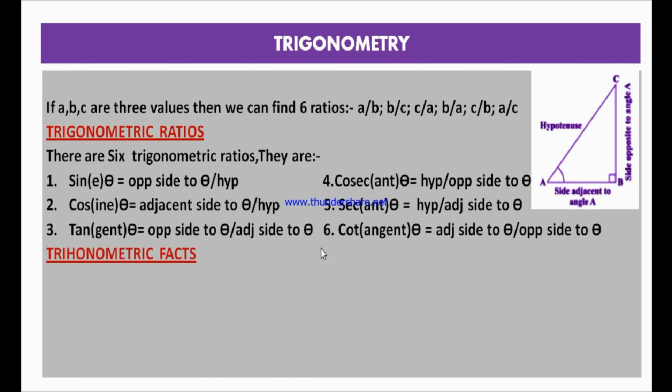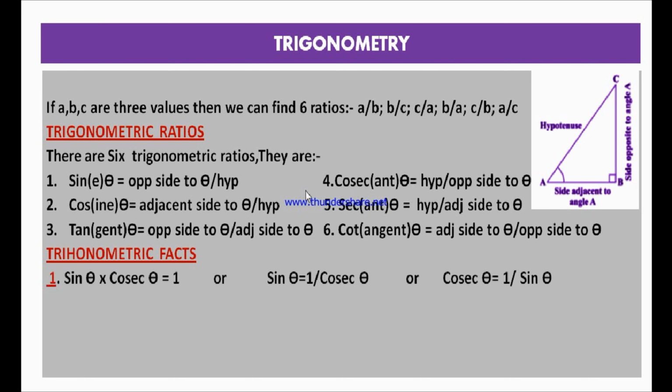There are some facts about this. As you know that sin theta and cosecant theta are reciprocal to each other. Then if we multiply sin theta with cosecant theta, then you can get 1. From this equality, you can write that sin theta is equal to 1 divided by cosecant theta. As cosecant theta is multiplying sin theta at LHS, if you take it to RHS, you should divide 1. Therefore, sin theta is equal to 1 by cosecant theta, or cosecant theta is equal to 1 by sin theta.